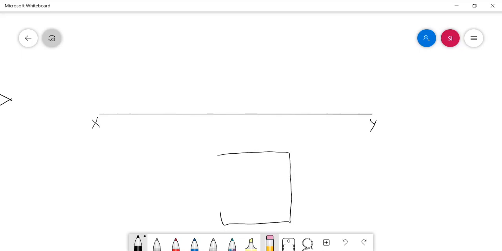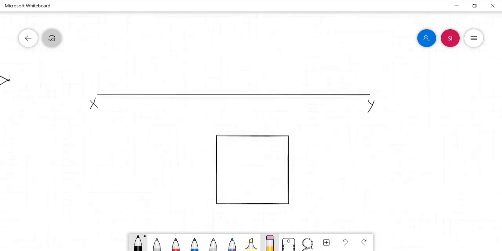As per the problem statement, I am maintaining one base edge parallel to the vertical plane. So in the base view, I maintained one base edge parallel to the XY line.